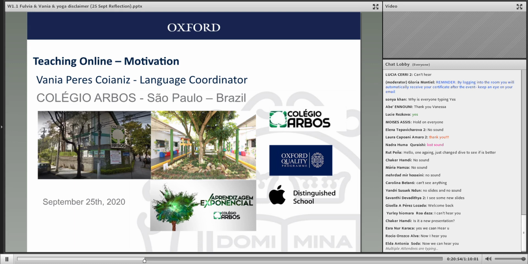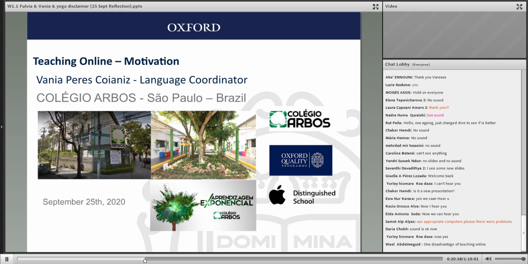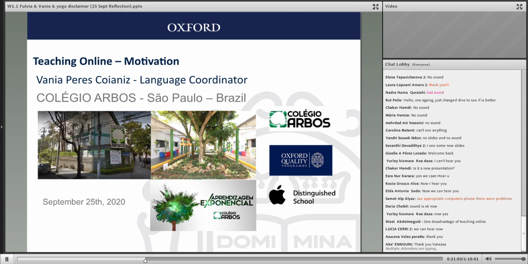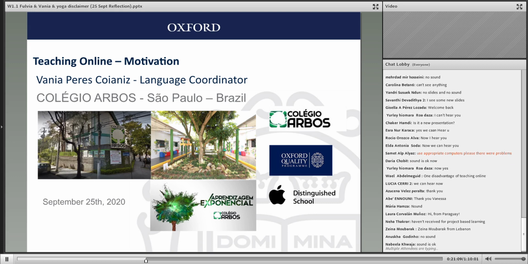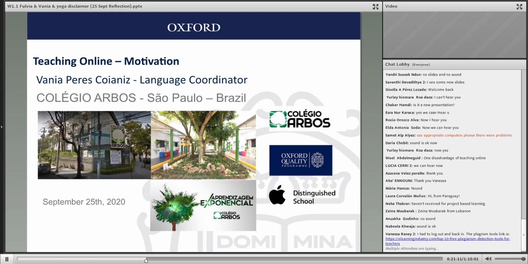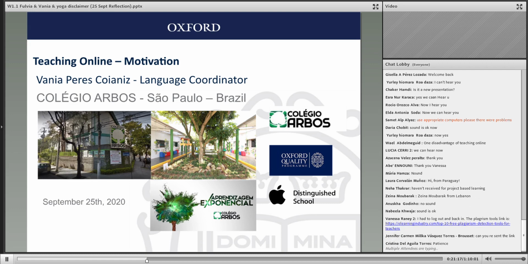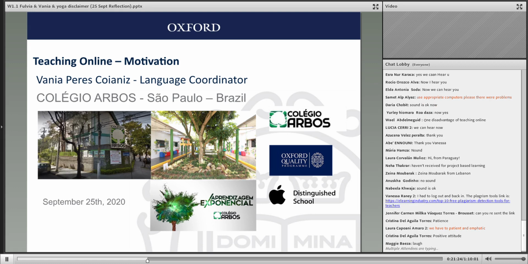So while we wait for Vanya, I'd like to ask you, teachers, to share one tip that you can share with the rest of us when handling situations with technology when teaching. One tip, and keep it very short. Keep it 3-4 words, very simple. Just very simple words to give us tips.